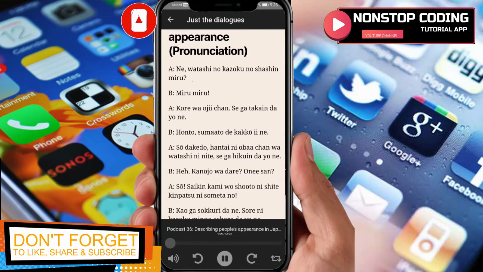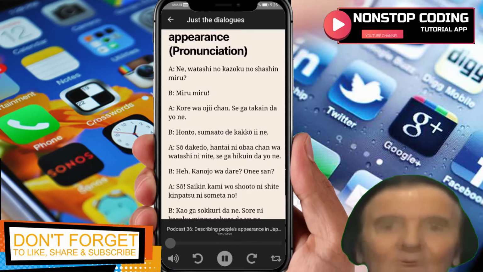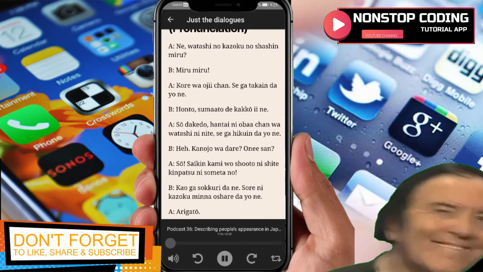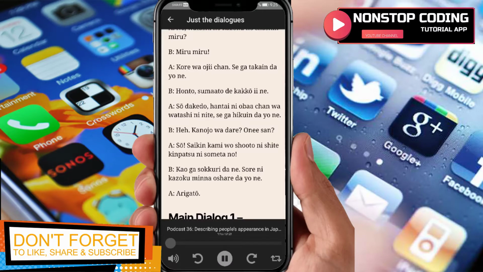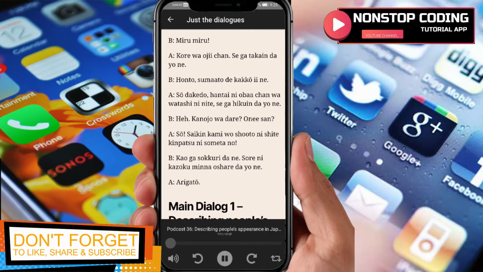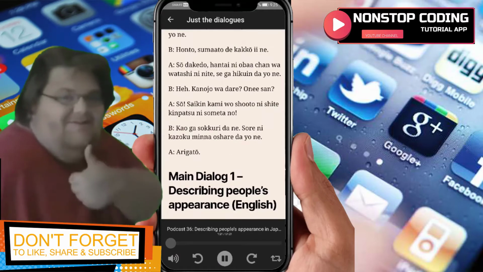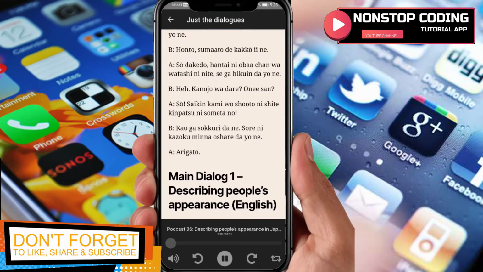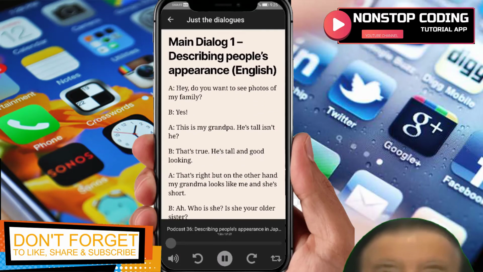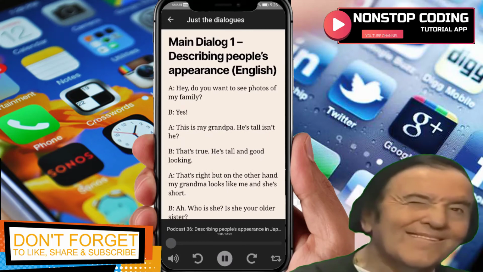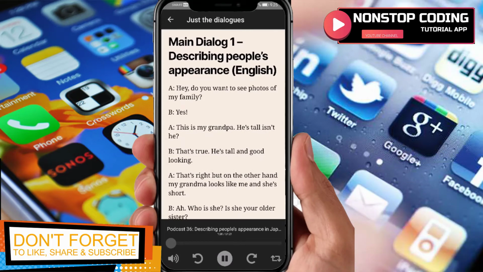Ni watashi no kazuku no shashin miru. Miru miru. Kore wa oji-chan. 背が高いんだよね。本当。スマートでかっこいいね。そうだこだ。